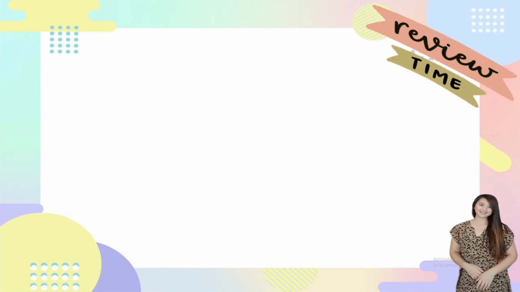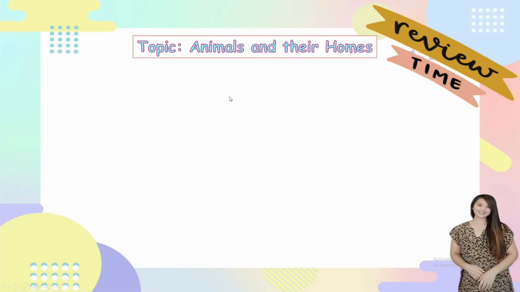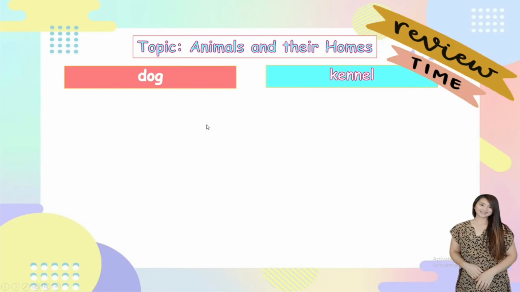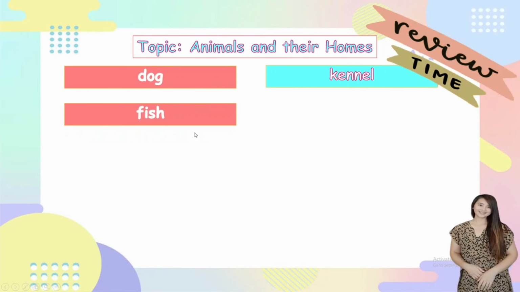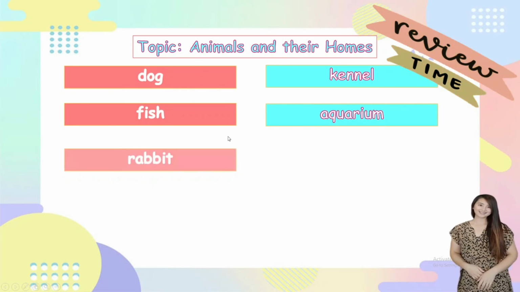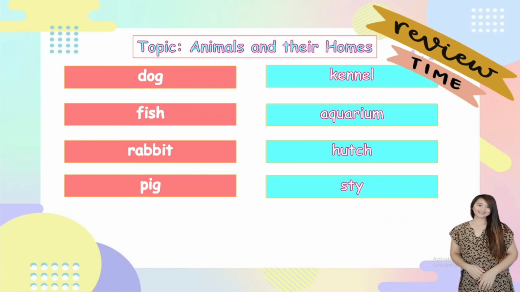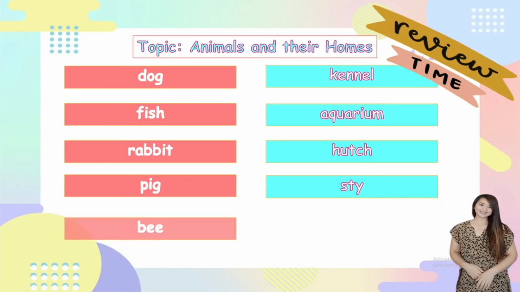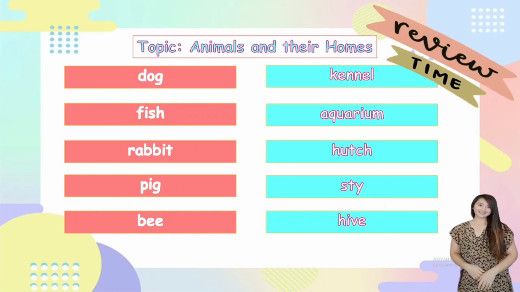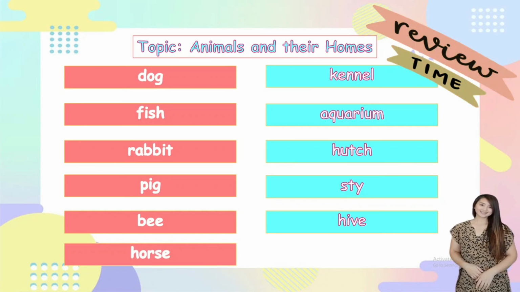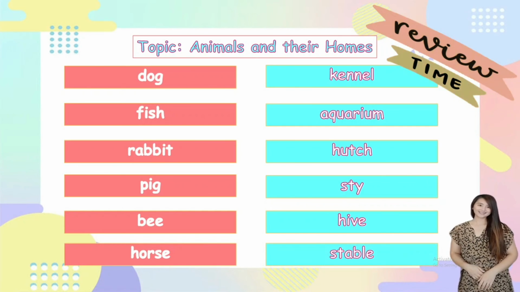So now let's have a review. Today's topic is about animals and their homes. For dog, we have kennel. Please repeat after me. Fish, aquarium, rabbit, hutch, pig, sty, bee, hive, horse, stable,